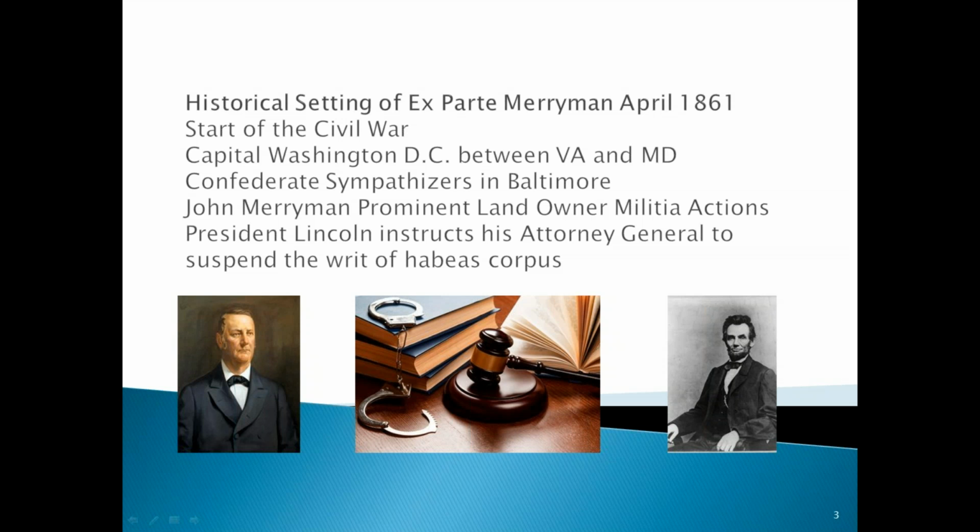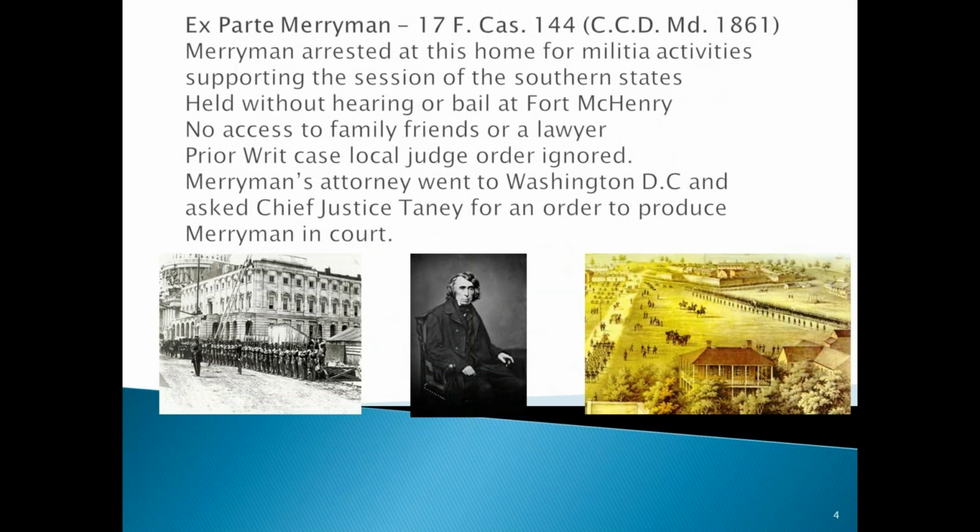And so he issued an order to arrest these people, and to also suspend the writ of habeas corpus, which means lock them up and don't give them right to counsel, don't give them access to see their family, don't give them a hearing, don't let anybody know where they are, basically completely suspend due process of law. So Lincoln issues that order, and the Attorney General lays that down to the commanders in the field. So what happens is Merriman gets arrested at his house,